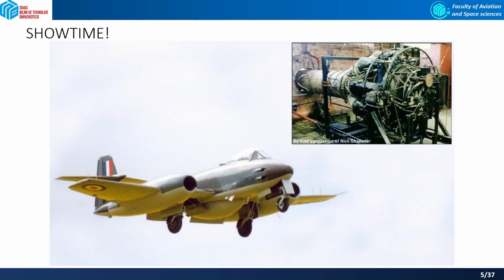Rolls-Royce reworked the Whittle design to produce the Derwent engine, an example of which is depicted here. This engine was capable, in its Mark IV version, of producing 2,450 pounds of thrust. Later versions of the engine, capable of 3,600 pounds of thrust, were used to power the Gloucester Meteor F8, like the one shown here, flying at an open day at Royal Air Force Kemble in the year 2000.